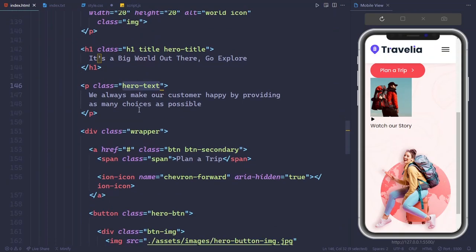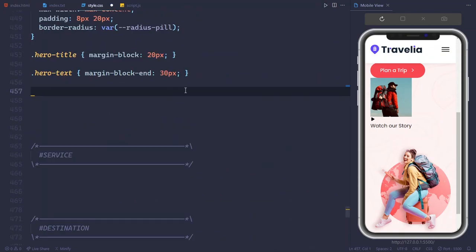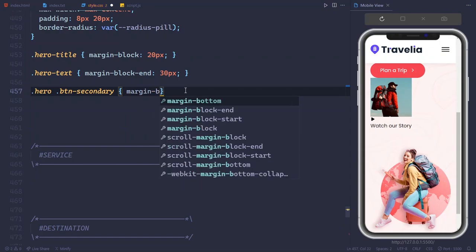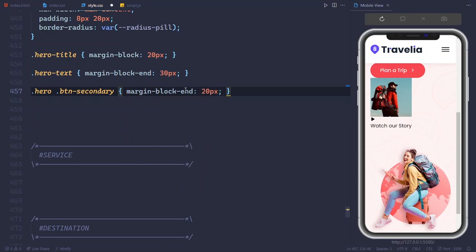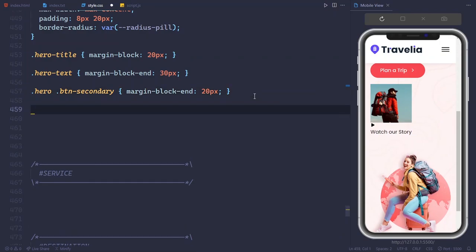And then select the btn-secondary inside the hero. So hero and btn-secondary. For the btn-secondary, margin-block-end will be 20px. And then select the hero-btn,